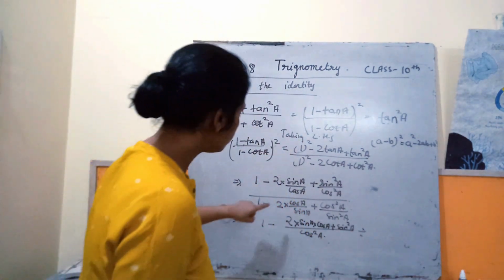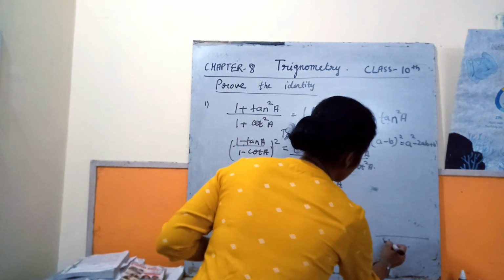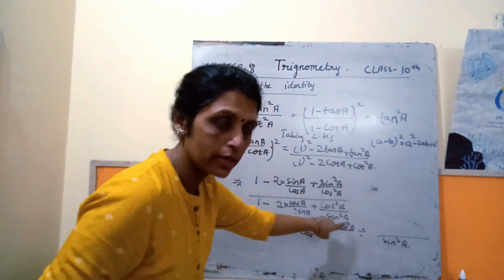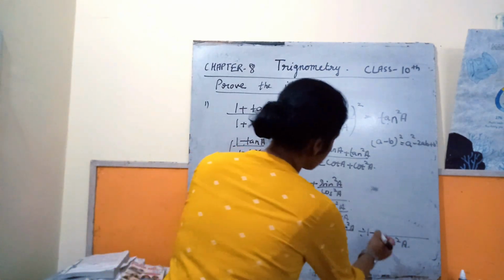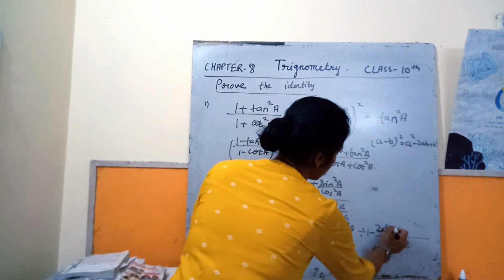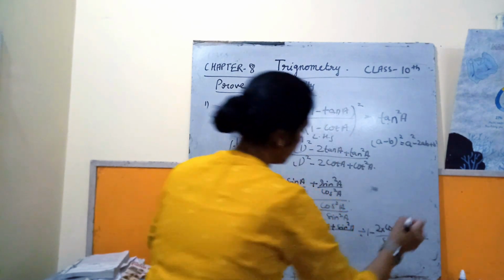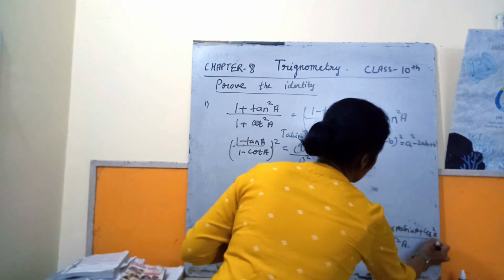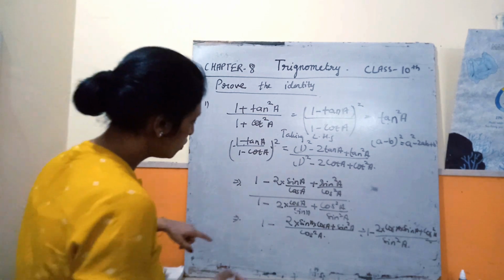okay, now it will be sin square A. Sin A, and we will take the LCM of sin square A, it will be sin square A. So sin A is there, 1 sin A we have to multiply, so it will become cos A into sin A plus cos square A. Okay, now